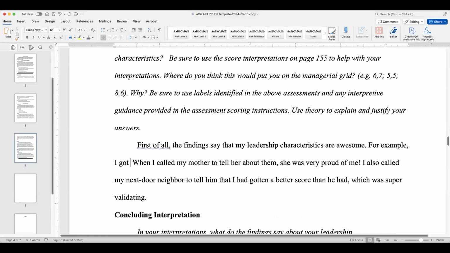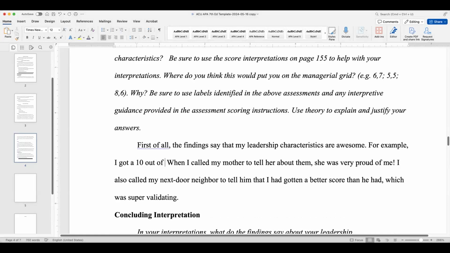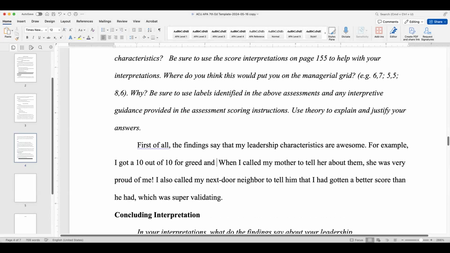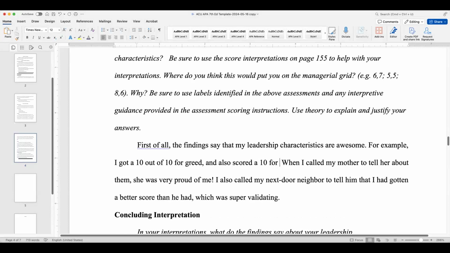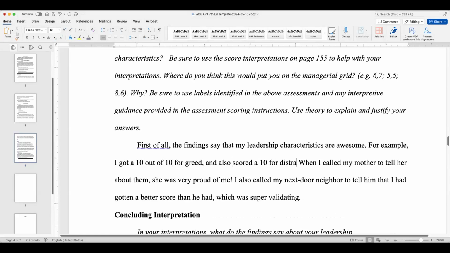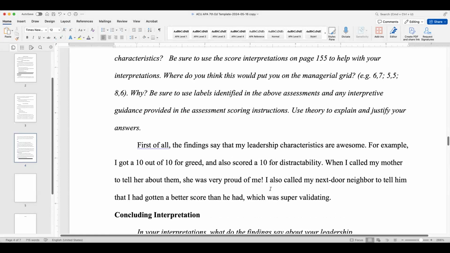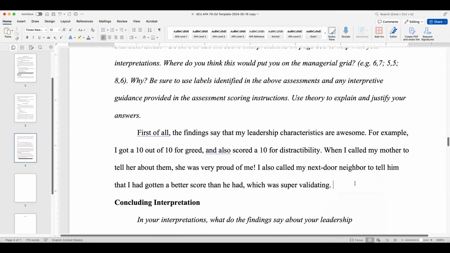For example, I got a 10 out of 10 for greed and... And in the readings for this week, what did they have to say about these different characteristics? Okay, well, I can add some things about this.